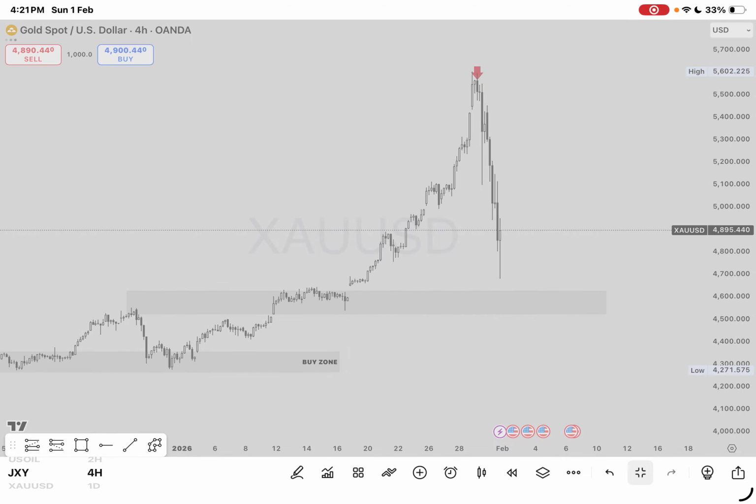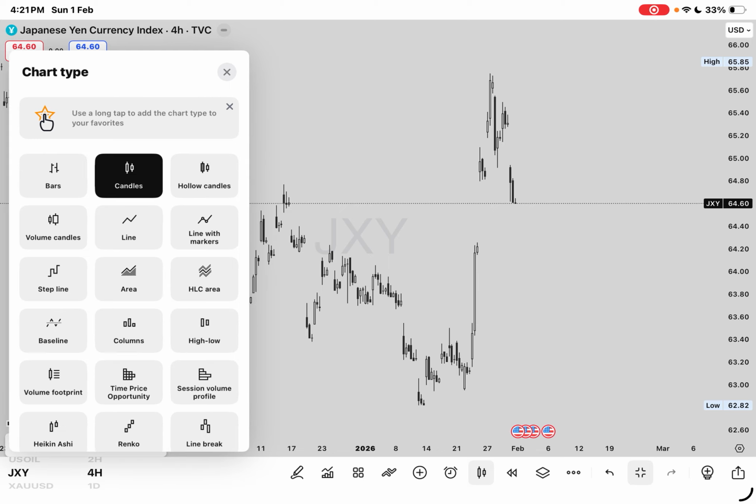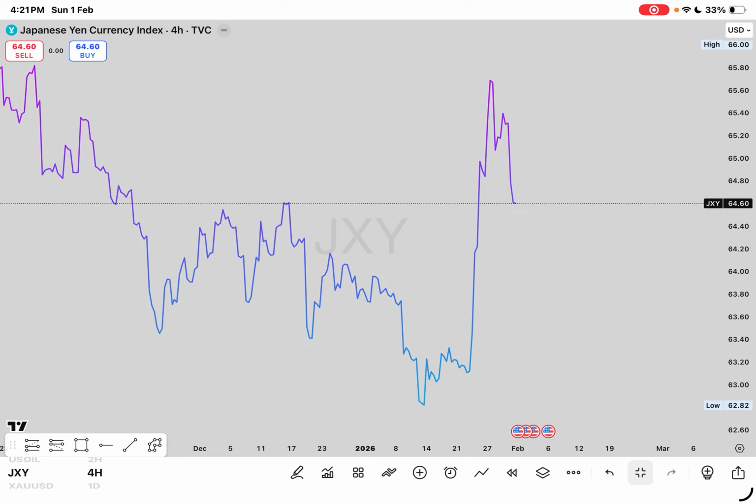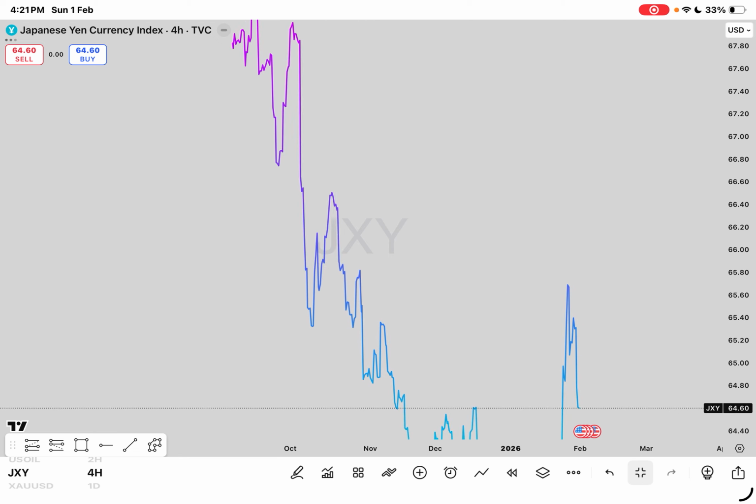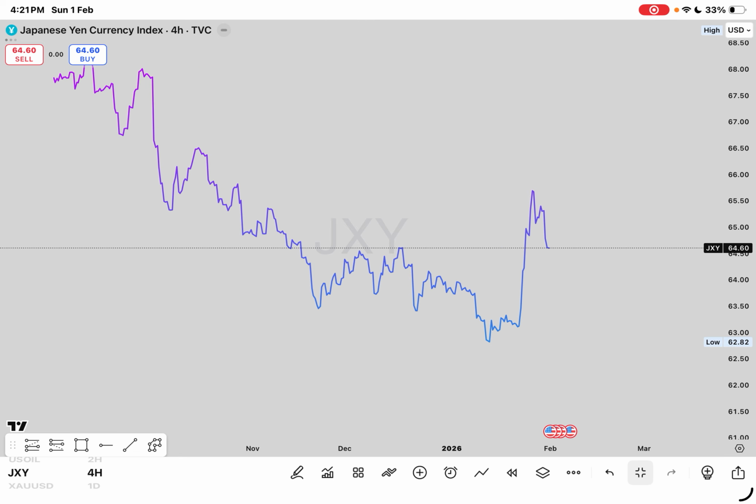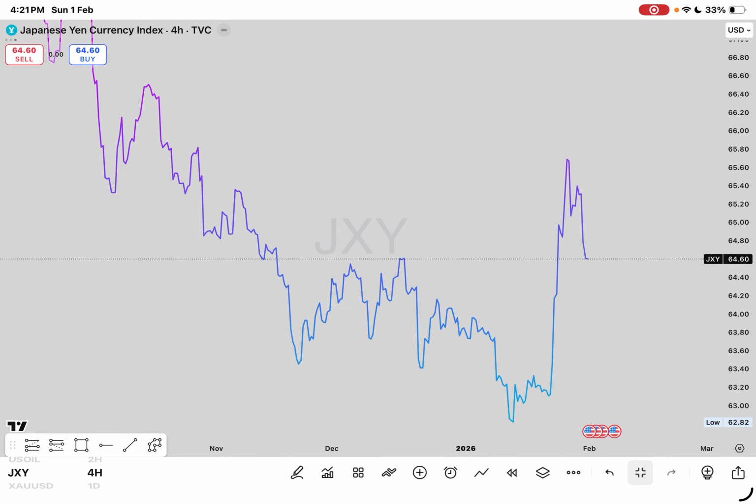For Japanese yen, let us explain what also happened. For Japanese yen, we had a bullish momentum. Why? Because of the expectations that yen is going to go through an intervention. Now, yen has been bearish for a very, very long period of time. This is called yen weakness. You understand? So now, the Senate president of the Japanese economy came together with Trump, and they agreed on something. They are going to support yen movement. They are going to make yen stronger again. Based on this announcement, based on this expectation, yen pumped massively.